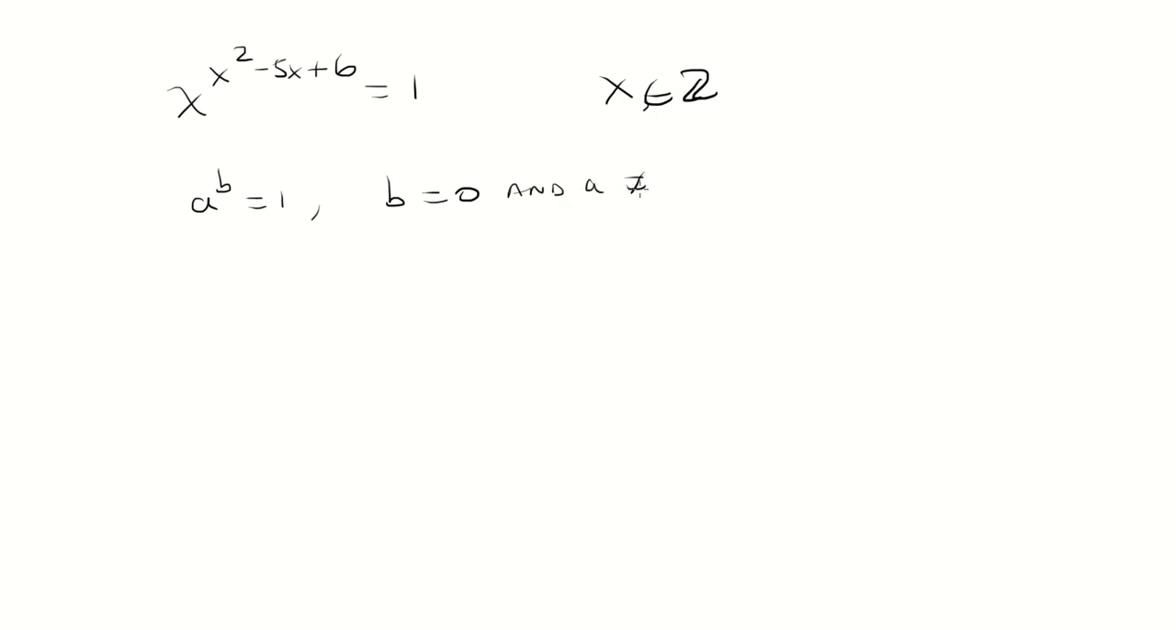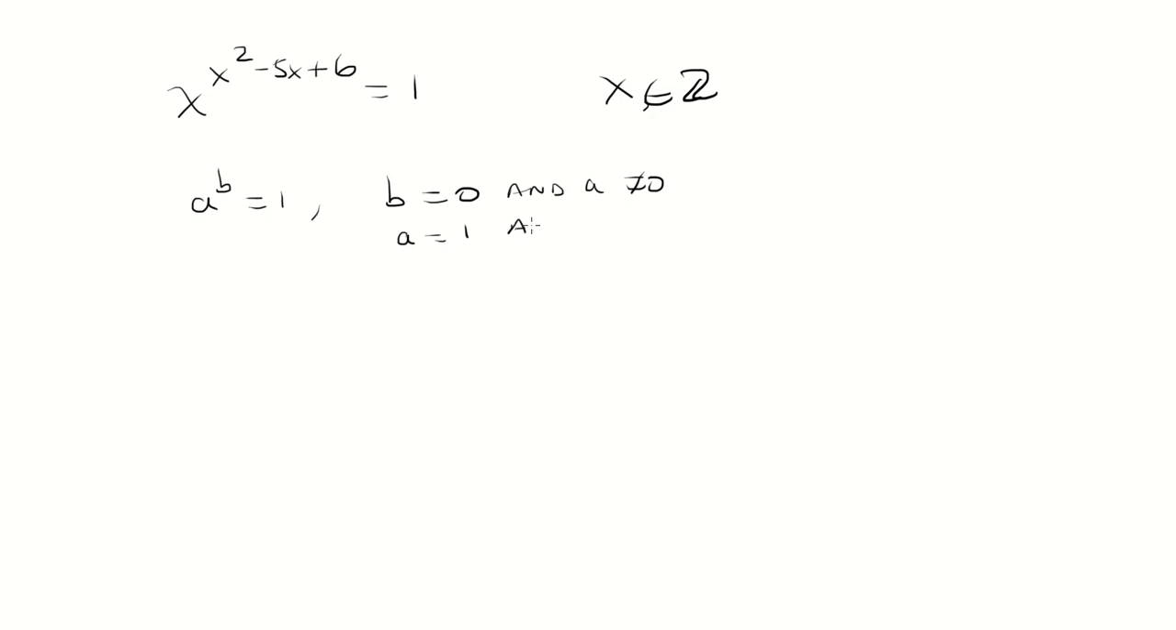The sum of the squares of the integer solutions of the equation x raised to the x squared minus 5x plus 6 equals 1. So here x is an integer, and we want to solve this. So in general, if you have an exponent in the form a to the b equals 1, either b is going to equal 0 and a cannot equal 0, or a is going to equal 1